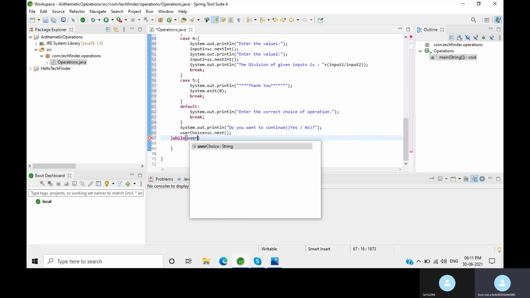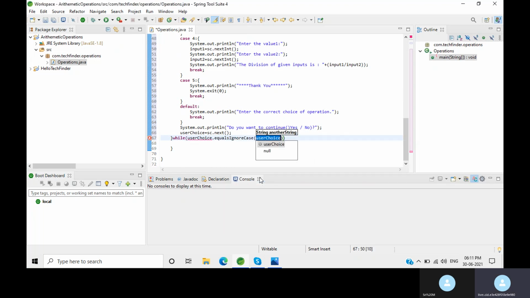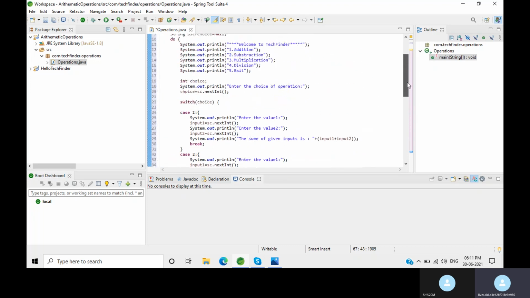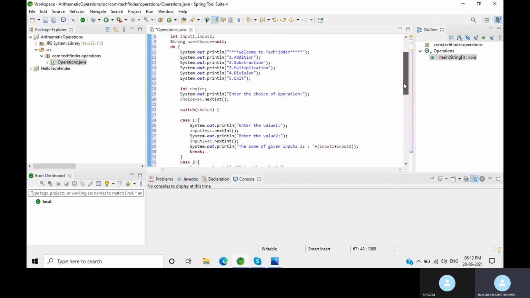That's why userChoice dot equalsIgnoreCase yes. If it is yes, then the do loop will execute again. Otherwise, it will terminate. Now our program is finished.